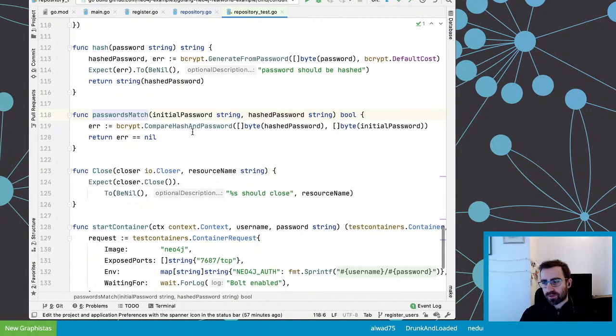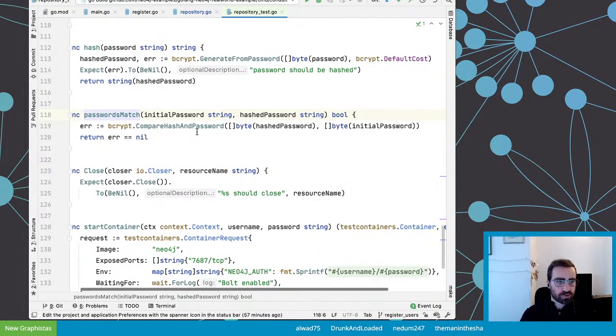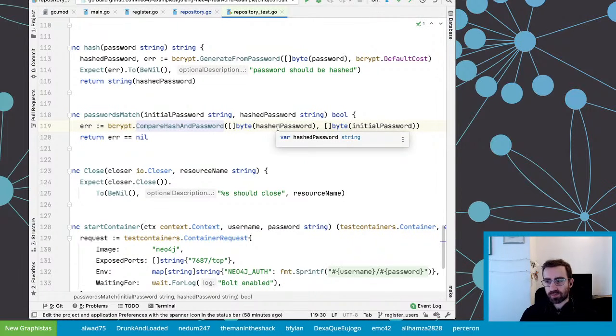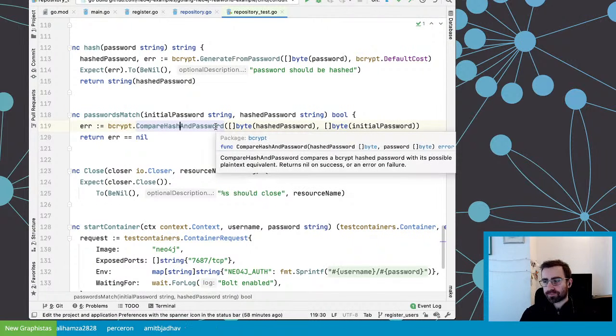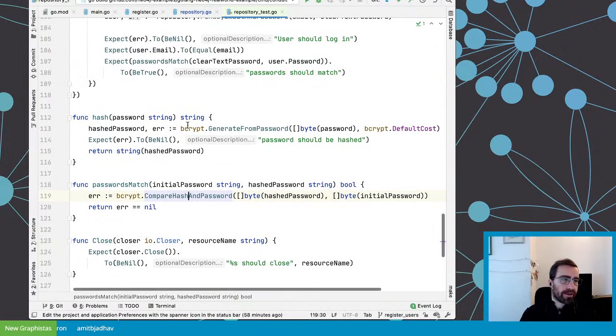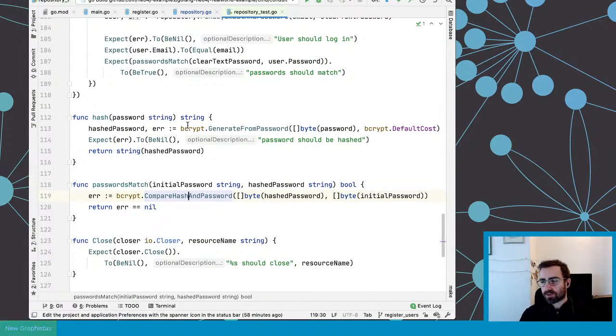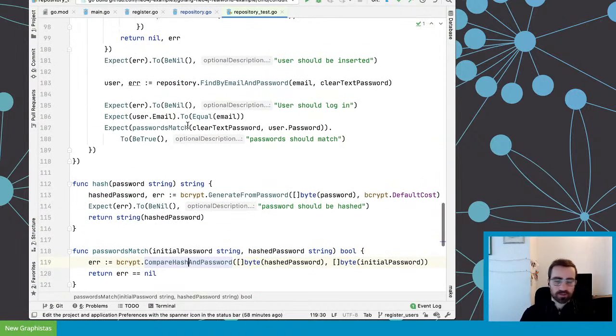And given it's using bcrypt to hash the password, we have to call this built-in function here to make sure that the clear text and the encrypted version match. Not that they are the same encrypted string, because that's not the case. You can encrypt the same password several times, you wouldn't get the same hash, but they somehow match. And I'm not an expert in cryptography or mathematics, so don't count on me to explain how that works, but